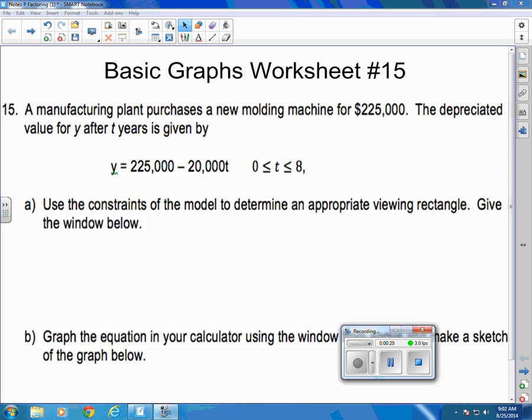Remember, if you get a problem wrong, we want to make sure that we're correcting it in a colored pen. If you're using a blue pen, write it in a black pen, or if you're using a pencil, write it in a red pen. It needs to be in a different color, so it's pretty easy for us to see